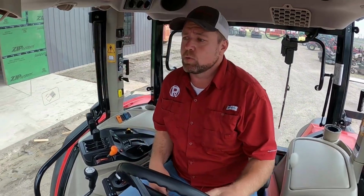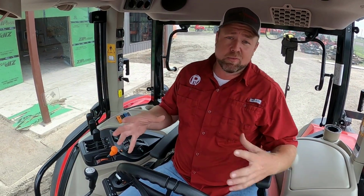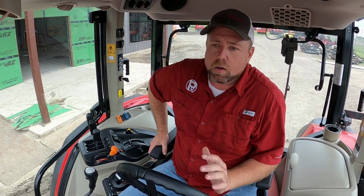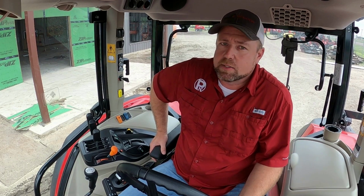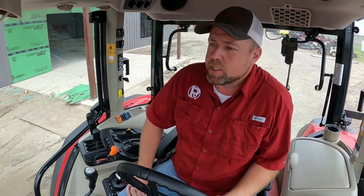So as far as inventory goes, we still have some areas where we're tight, and there's some areas where we got plenty of stuff. Our sprayer inventory has increased. We got 5 semi-loads of sprayers this week, and couple that with a really rainy, I don't know, it rained 2 days in a row, and this land here in Nevada County is black land, so it just makes a huge mess. And so we ended up getting a good chunk of sprayers in. We've probably got 40 sprayers on the lot right now,